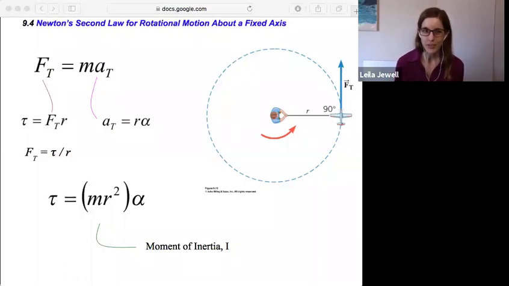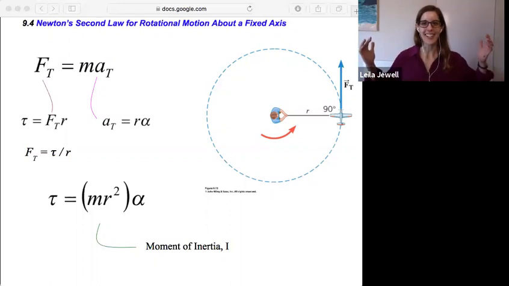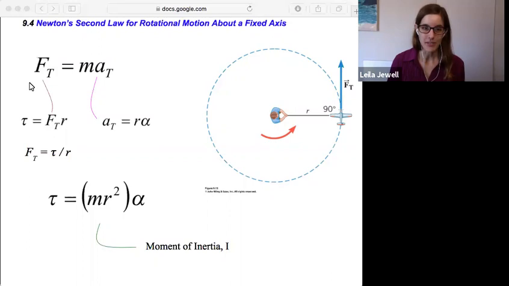Section 9.4, Newton's second law for rotational motion about a fixed axis. So once again, we are back to Newton's second law. I told you this would keep popping up again and again and again, and here we are, right? So if we go back to F equals ma, force equals mass times acceleration, we're going to focus in on